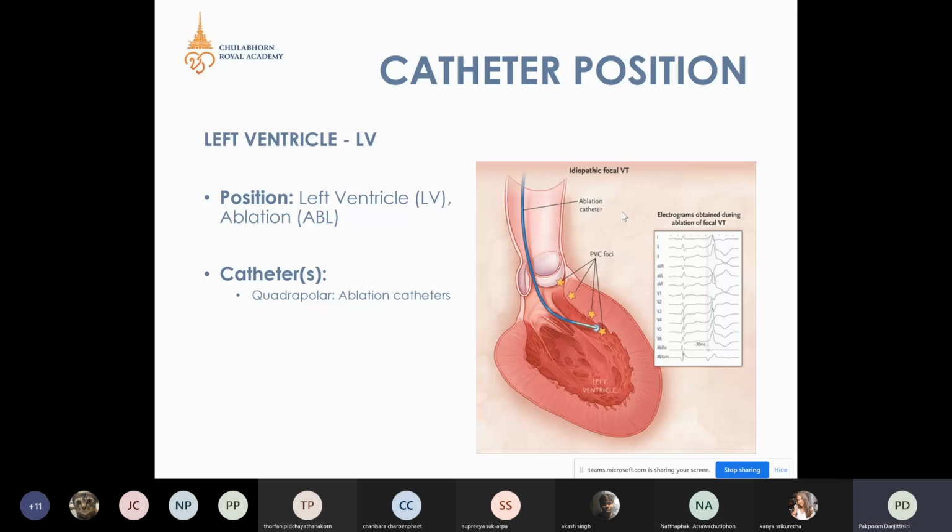The doctor will use the ablation catheter through the femoral artery, go to the aortic arch to the aortic valve, and then go down to the left ventricle. And that's it. The doctor can ablate inside the left ventricle,